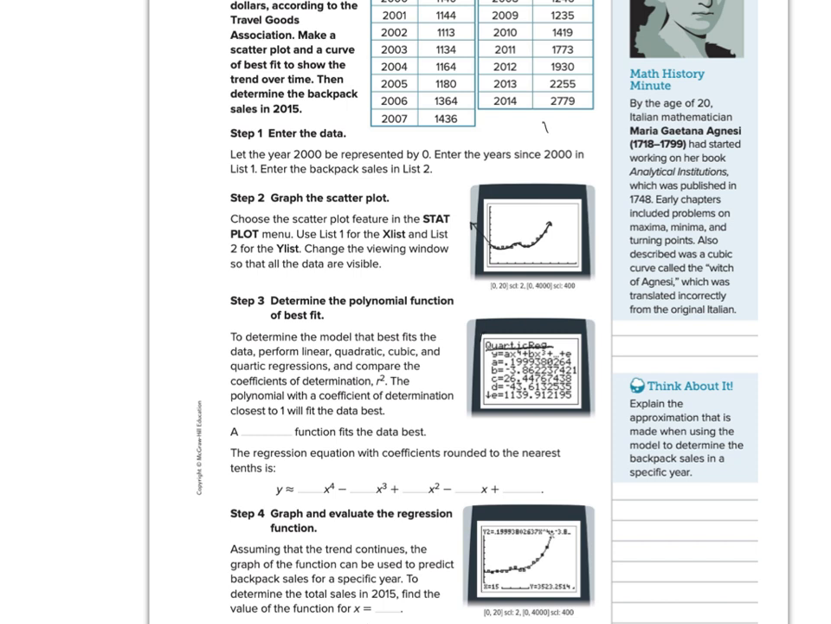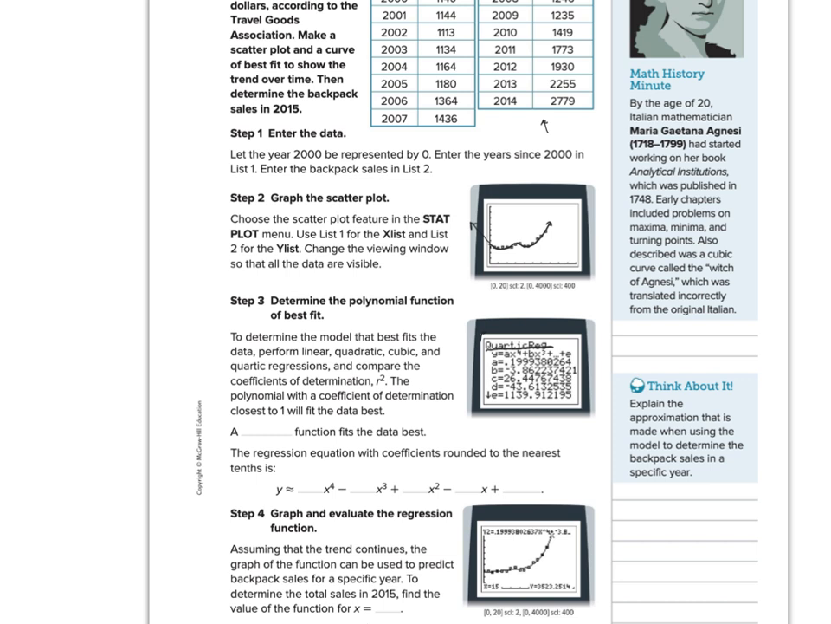So based on your list values, you can go down to your regression and go to quartic regression. And we'll do a lot more of this in class. But in doing that, you hit enter, and it will give you your A, B, C, D, and E values. So they're telling you that if you wrote that in there and it's saying to round to the nearest tenth,